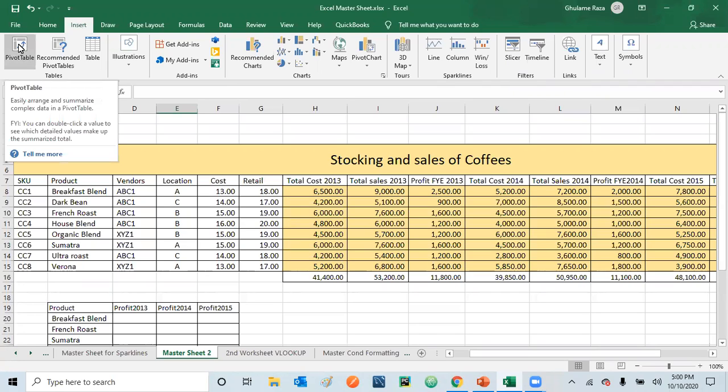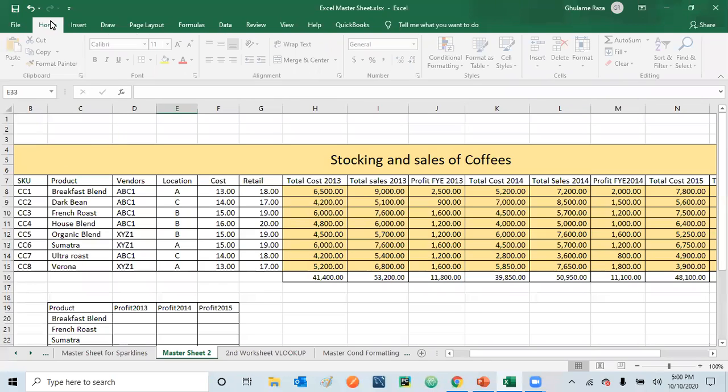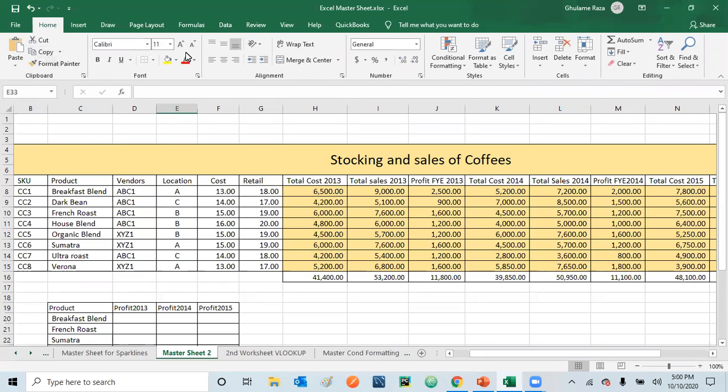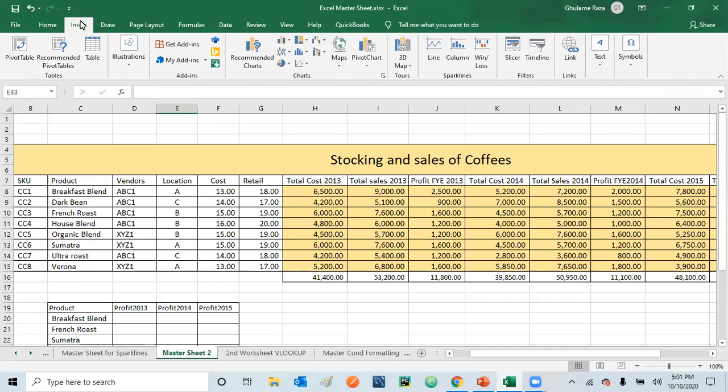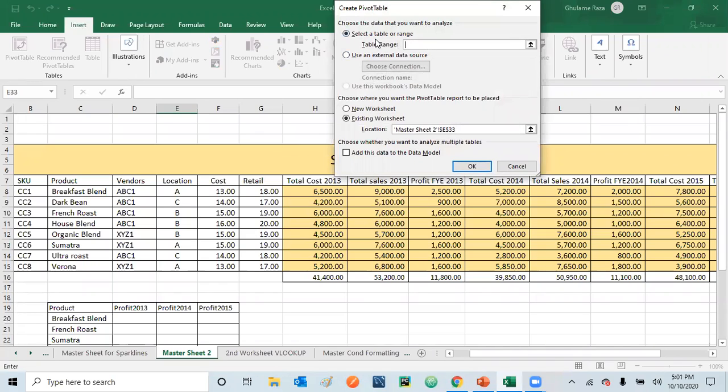As we are doing the same thing, whatever you want to apply, let's say when you're working on the home tab and you want to do merge and center or wrap text, you press this button. In the same way, when you want to do a pivot table, you click the pivot table. Once you click it, it asks two questions: which data to use, and where you want your answer. So let's say I want to use the data which is here from SKU until